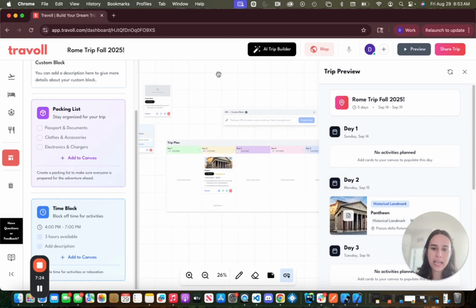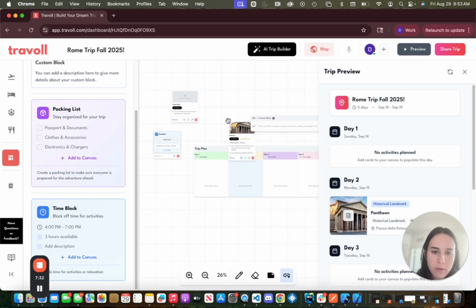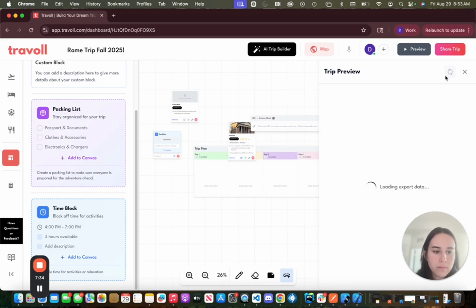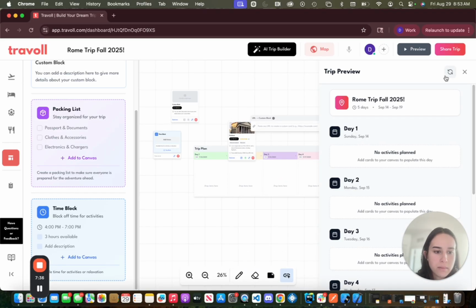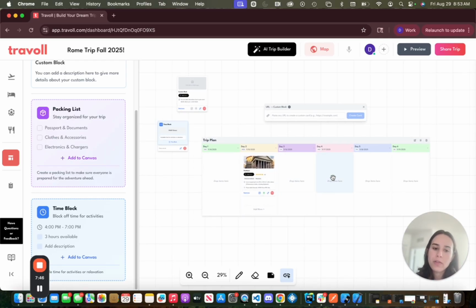Everything that's outside in the canvas is like thoughts or maybes or just laying it out there, grouping it. But once it's in this trip plan, you can obviously remove it, and then it'll update. Takes a second. But if you add it back in, it will update again, and then that will be kind of like your plan.